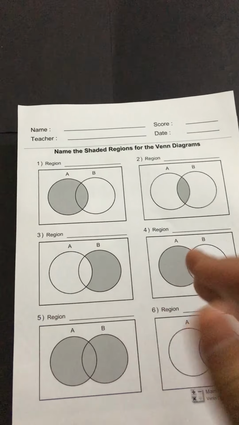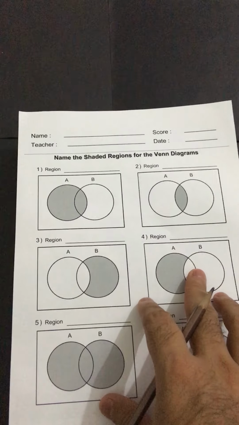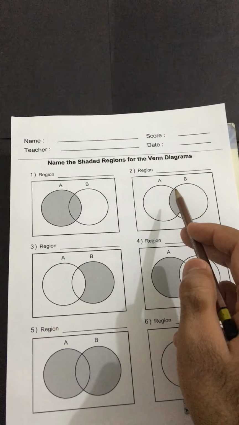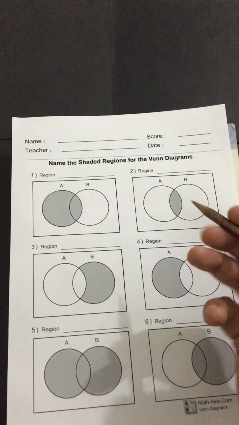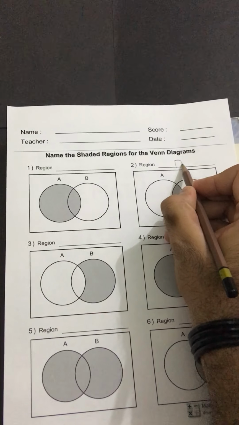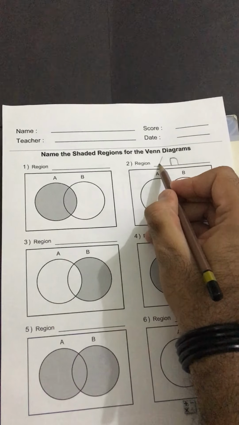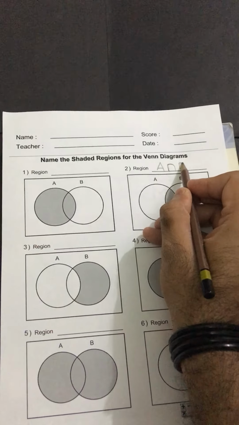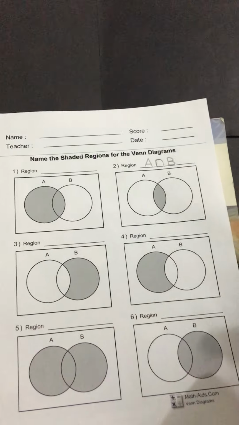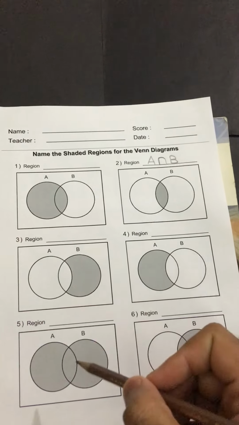So first of all, we will start with the simple one, and I know that you will also pick this part 2 because it is talking about the common part. There are 2 sets A and B, and only the common part is shaded. I also know that the shaded common part is described by intersection, and for intersection I will draw this inverted U. Then since we have 2 sets A and B, I will just write A and B like this to write my answer in mathematical form. This shaded region is describing A intersection B.